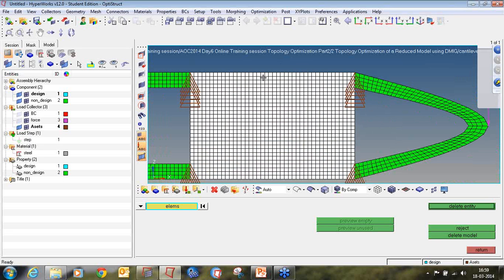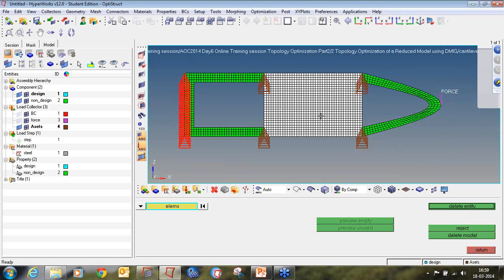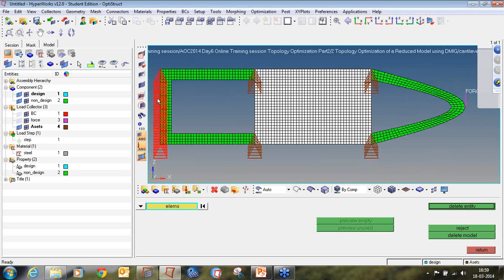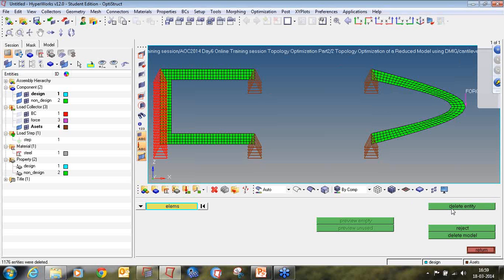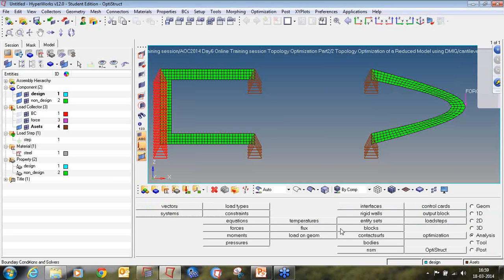We are going to do optimization on this area, so we will delete this area and make it a super element, the connecting part. My forces and constraints are on a different part, but I will use them with the help of super elements. So I will delete this portion. Click return to go back to the main menu.